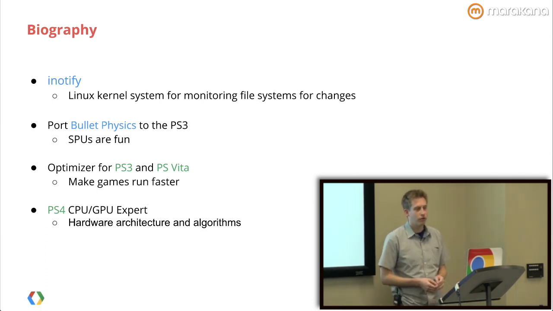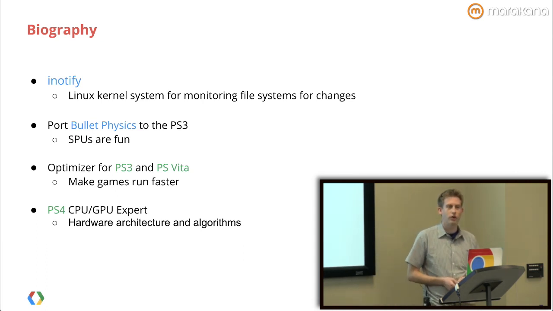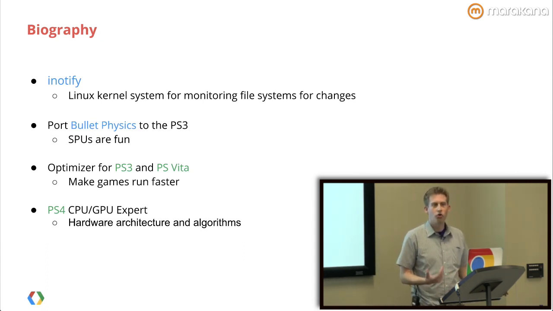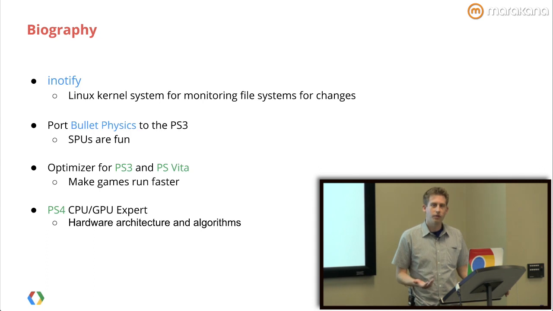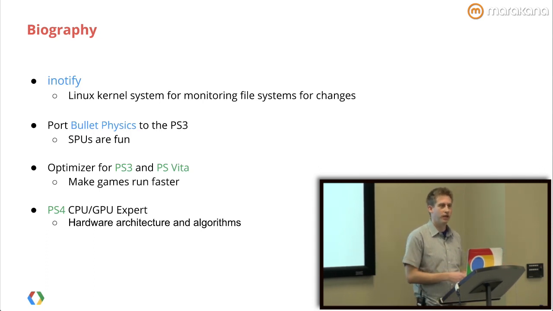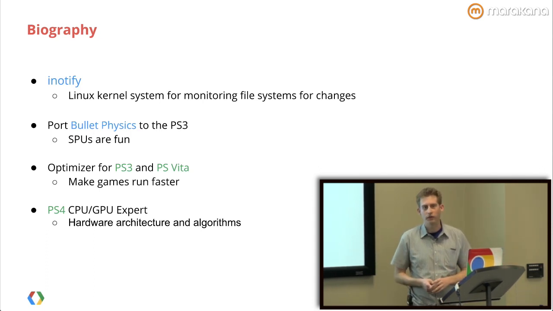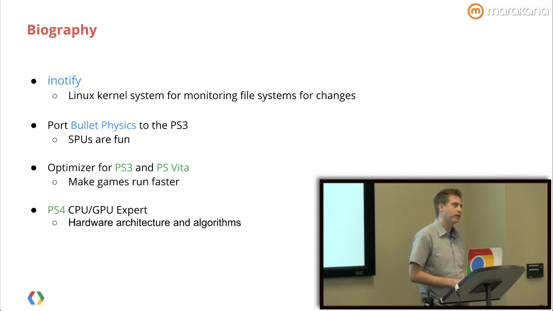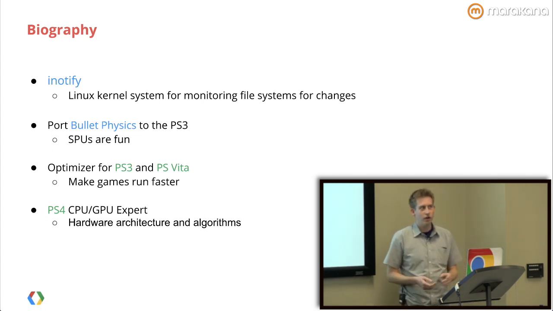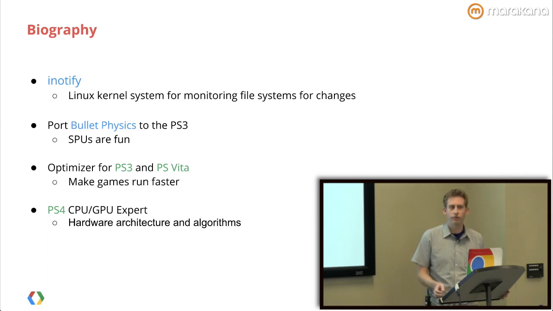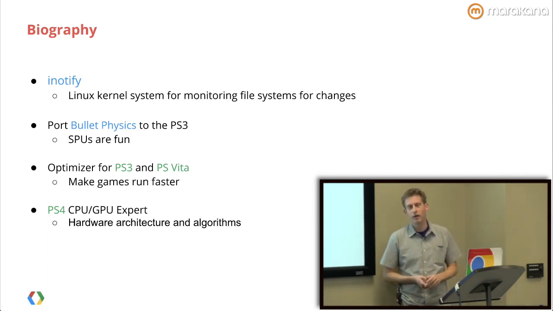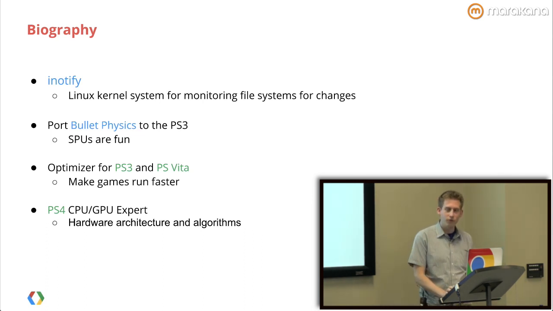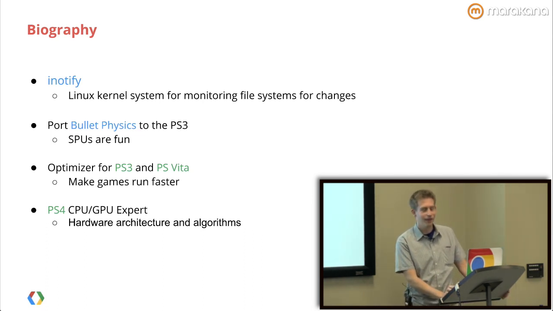So when that project kind of ramped down, I started to just be a go-to optimization guy. If a game company that was developing for the PlayStation 3 needed to make their game go fast, I would fly out to them and spend a couple weeks working on their code base, speed things up, and then come back. And then I can finally talk about this now. I spent a year and a half studying the PlayStation 4's CPU and GPU architecture before leaving for Google. So it's a little bit interesting.